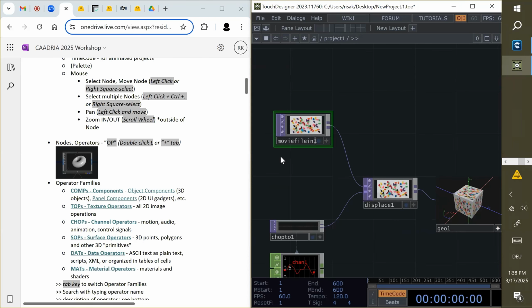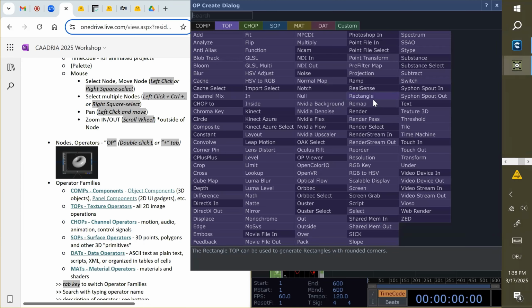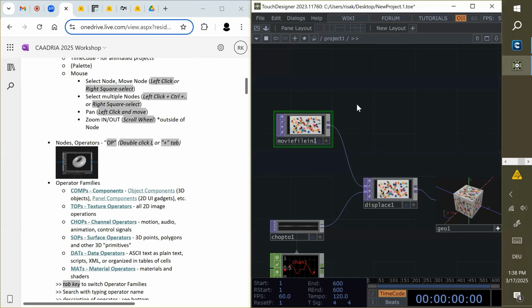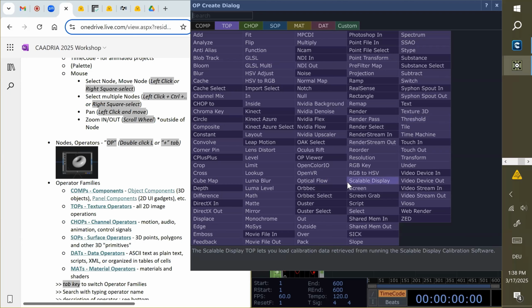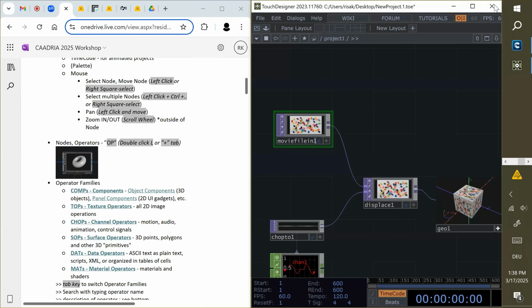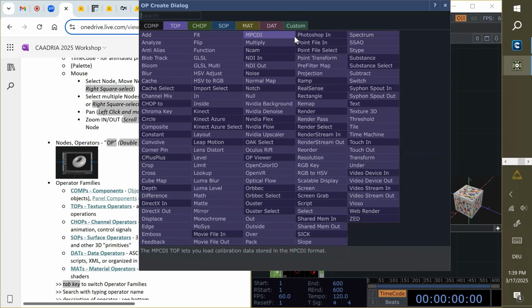And if you want to add some operators, you double click in the space. Again, just somewhere empty space and double click to open this window. It's an operator create dialog, so you have some operators to use. You can double click, or you can also add from this class, like add operator. So this is the same. And then you have some different kinds of operators here.